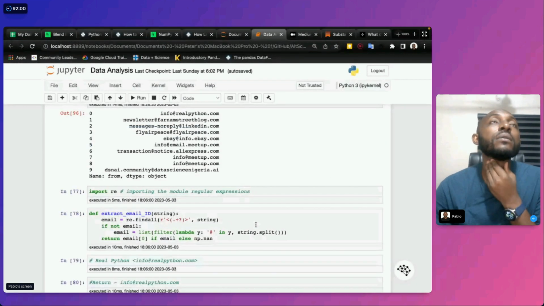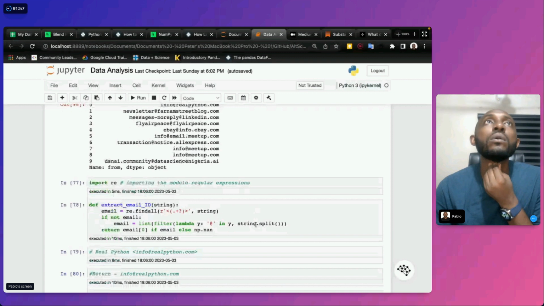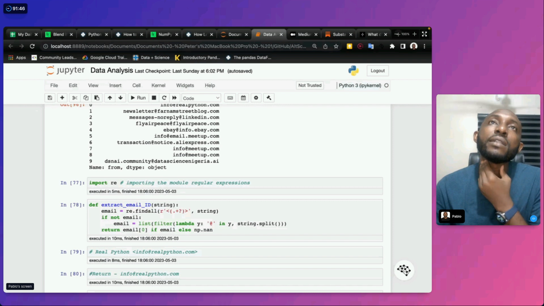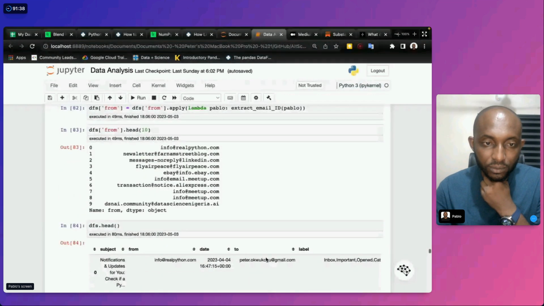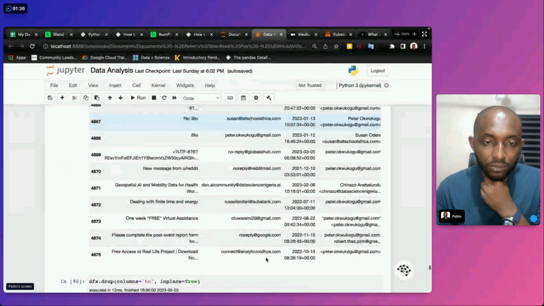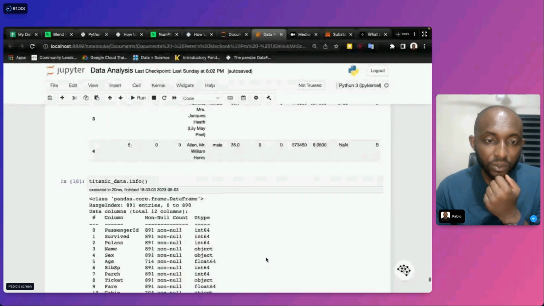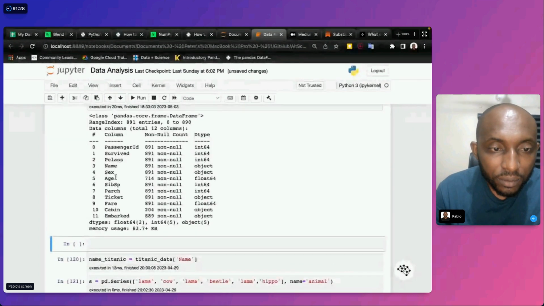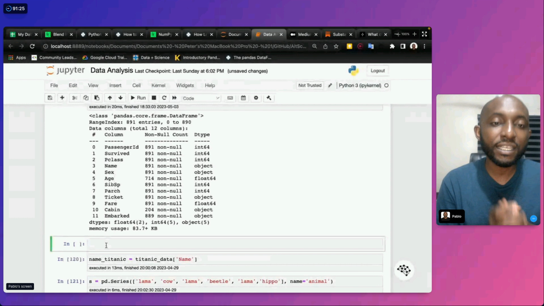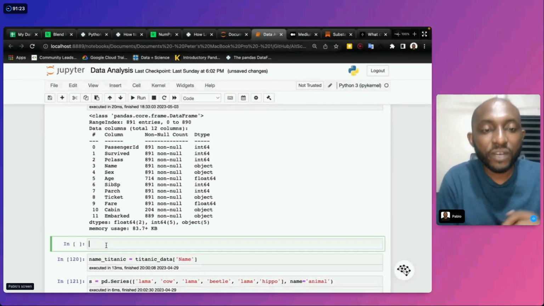So let's see. Okay, how would I look at this? Let me get a sense of what I'm going to do. So convert. All right, so let's see if we can convert age into a string.